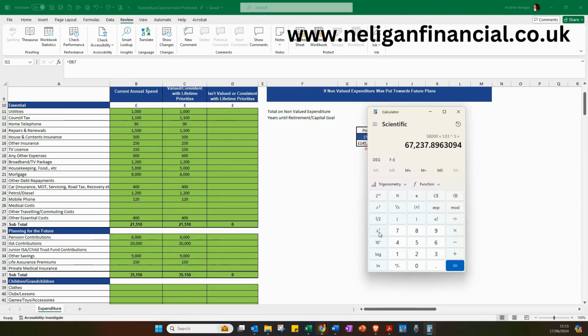So let's just assume for now you haven't got a defined benefit pension, you haven't got rental income, but you have got a state pension payable at some point in the future. Now, when that's payable will depend on when your retirement is and how long you might have a gap between that starting. But let's say for now, keep it simple. Let's say that you've got it available to you now. So we'll take £11,500 off this. So that means you need to find £55,737 from somewhere, from your pensions, your ISAs, your savings, other investments, to provide you enough income in retirement.